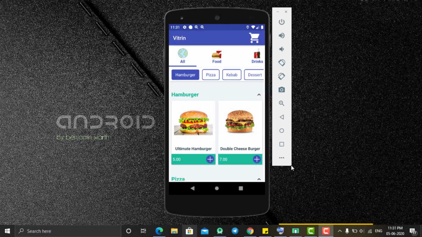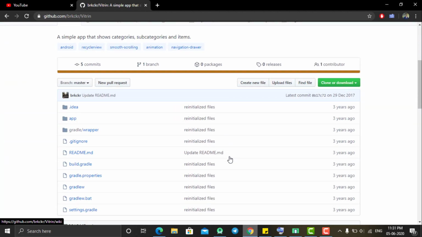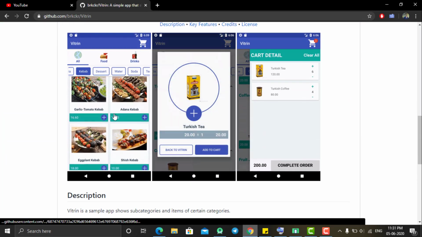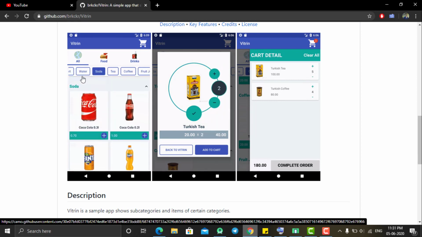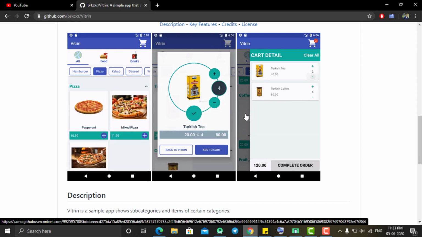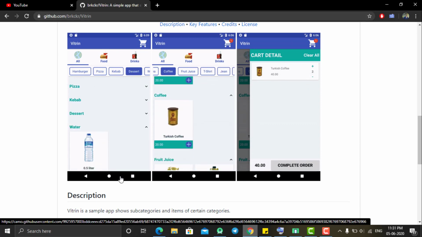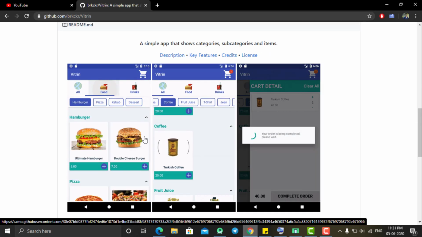Welcome back. In today's tutorial, I'm going to introduce you to one of the Android applications which is currently available on GitHub. Basically, it is an e-commerce application which shows the list of the products with some sort of animation. You can buy products from here. So this is a demo application using which you can build your own application with this type of design and